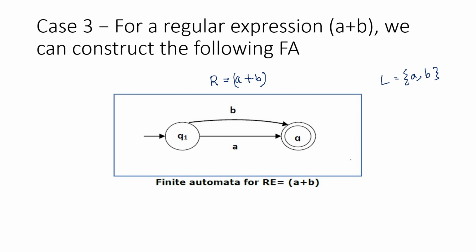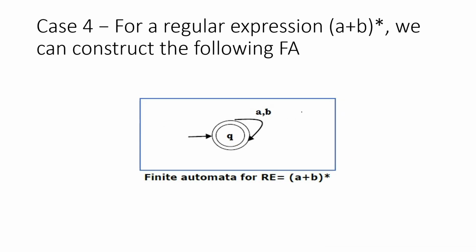Now the most important part comes, that is A star. Just forget about this one right now. Suppose your regular expression is R equal to A star. Then naturally the language should contain null, I mean lambda. Since this is star, any repetition of A includes zero repetitions. For zero repetitions there will be no A, nothing, an empty string that I represent by lambda, suppose.